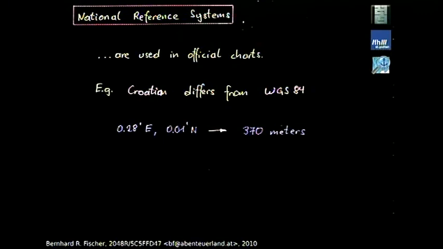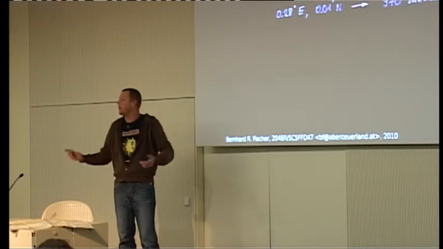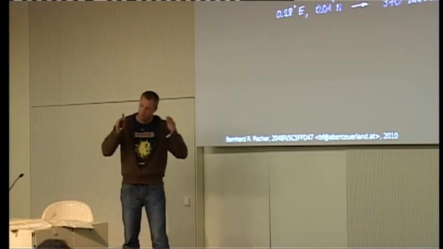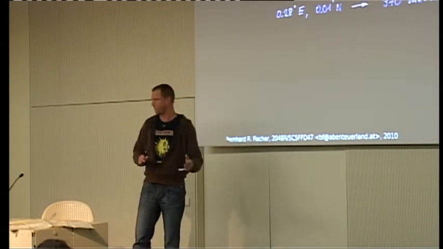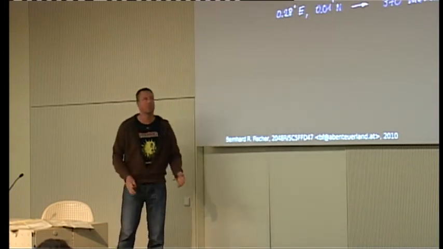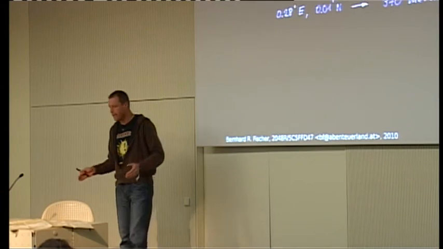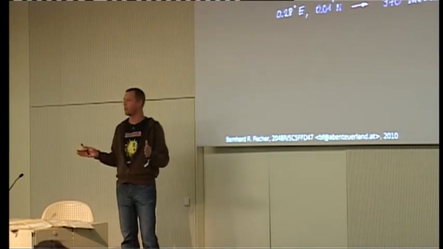Okay, a problem now is that we have different reference systems. Because we have different reference ellipsoids, there's the geoid, some did not use it, some used it, whatever. There are several systems and you can combine them in any way, theoretically. And what happened is that nations combine them in the way that fits best for them. So we have different reference systems for different countries. It's different in Croatia, it's different in Italy, it's different in Germany, it's different everywhere. And all of them use coordinates in the sense of longitude and latitude, but we cannot just compare them or set them equal because they are not equal. They are different because they refer to a different system.